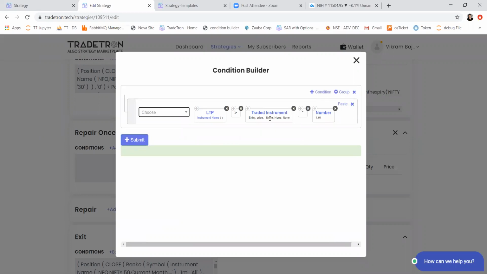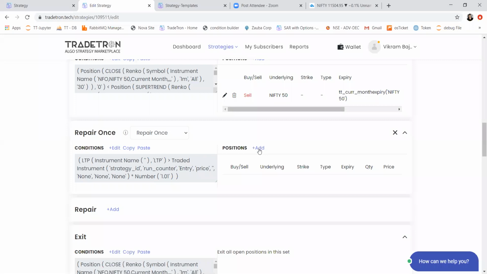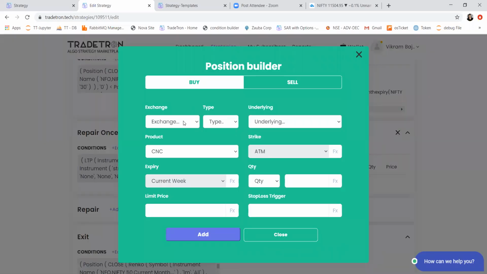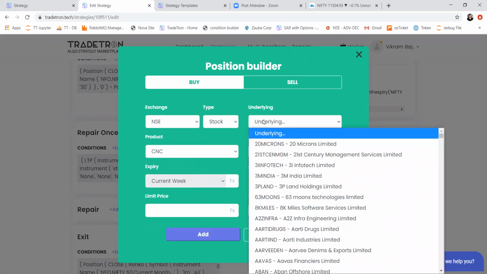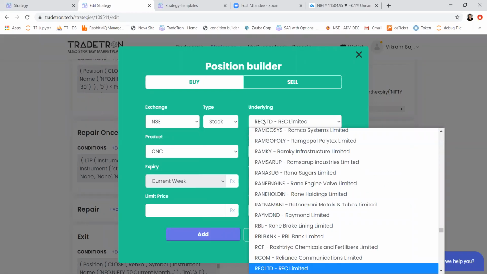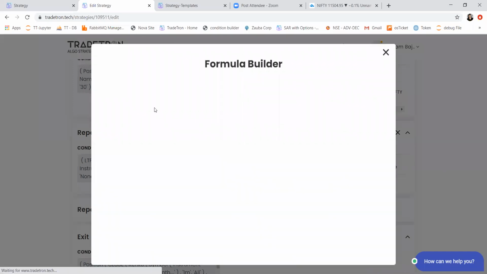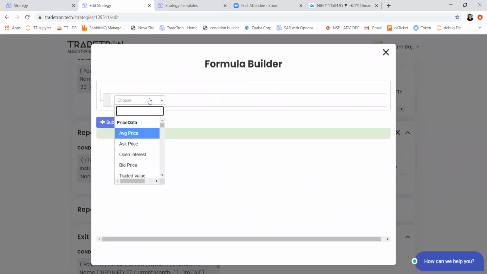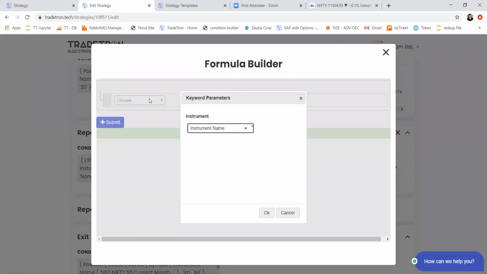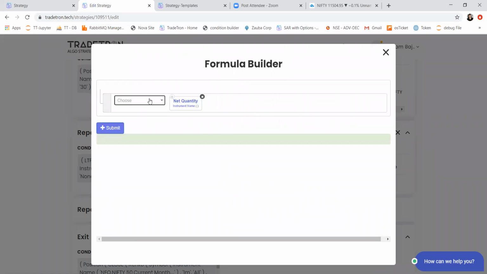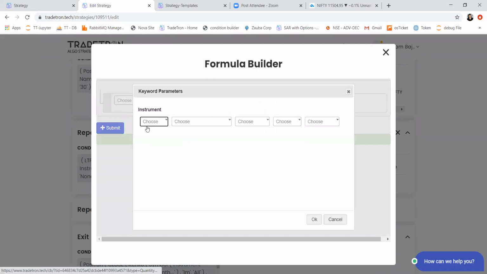Of course, you will have to define these parameters and the instrument name and all. But once that is done, then your position will have the same instrument. So if you're working with any particular stock, let's say Reliance, your quantity formula here will be net quantity in that particular instrument.